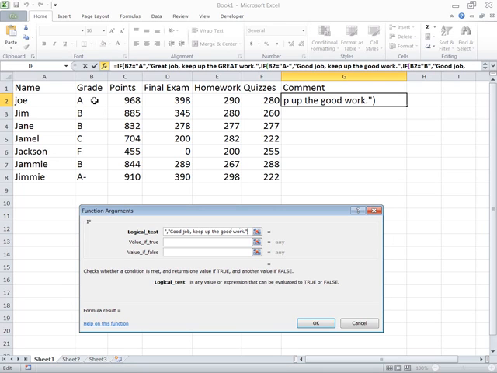Now I need one more comparison. If it's not an A, it's not an A minus, it's not a B, it could be a C or an F. So again, I'll say if, open parentheses, again for an if statement. What am I comparing? The grade. What am I comparing it to? Being equal to, quote marks, C, quote marks,